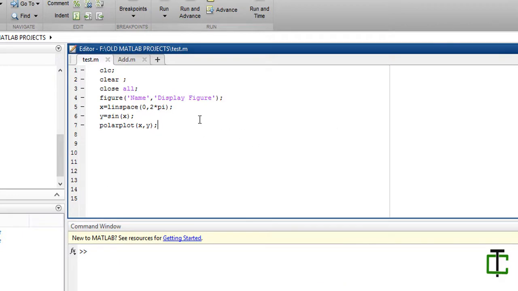Let's say I have a bunch of complex numbers. I have told you how to define a complex number and how to define its array. So 2 plus 3j.